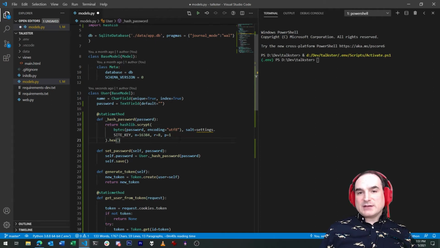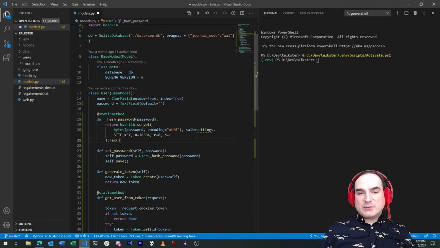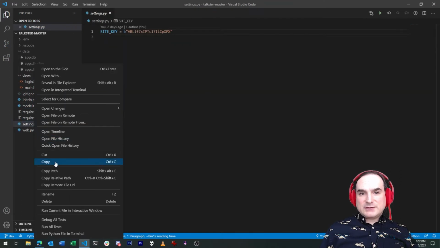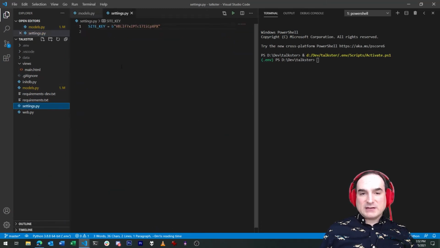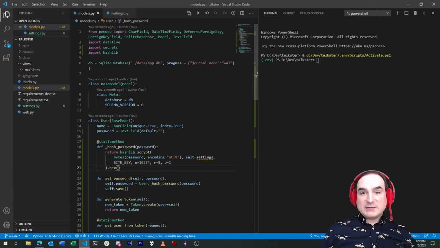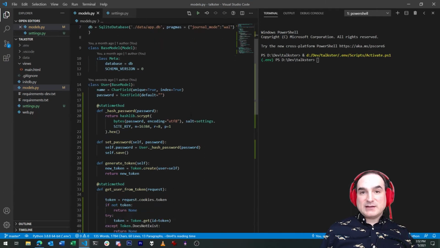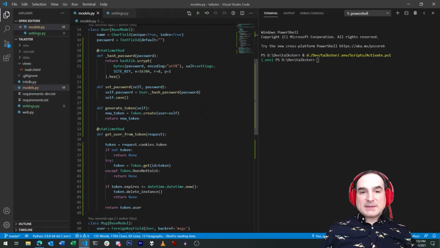Note that one of the things that we need to provide to scrypt is what's called a salt. This is another randomly generated string, which we keep secret on our end and is unique to our setup. So for this project, I'm going to create a settings module to store this variable site key. Note that in production, we're probably not going to keep our salt in our actual code tree. We're probably going to store it as an environment variable so that it isn't exposed if our code tree happens to leak out. But for now, we can do this.